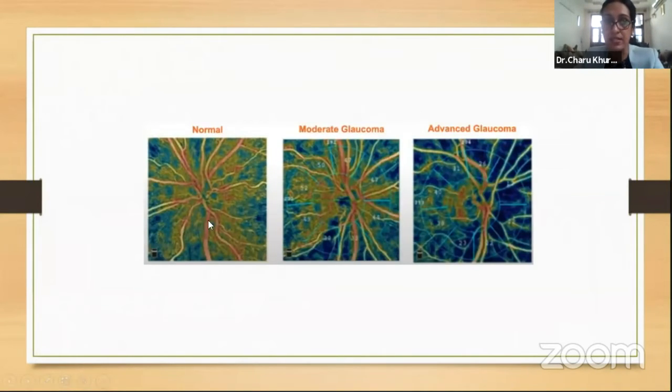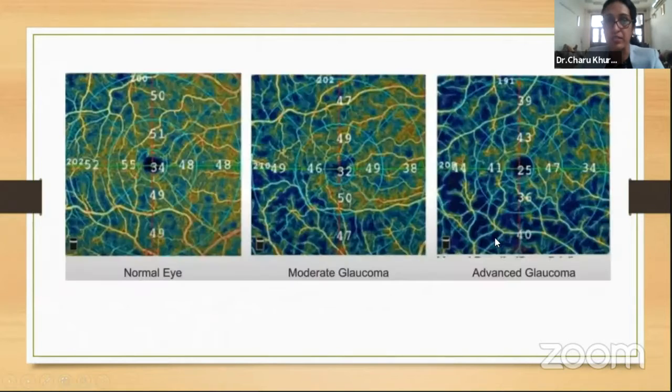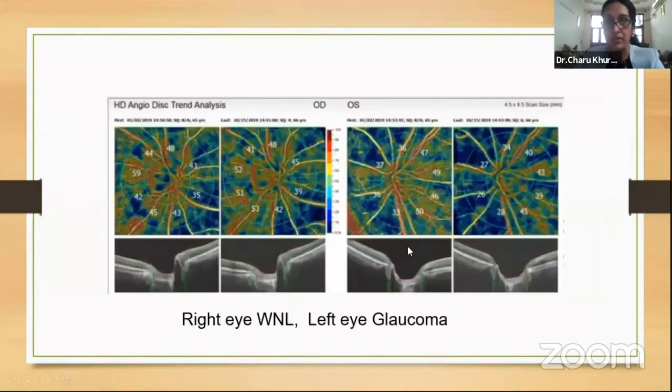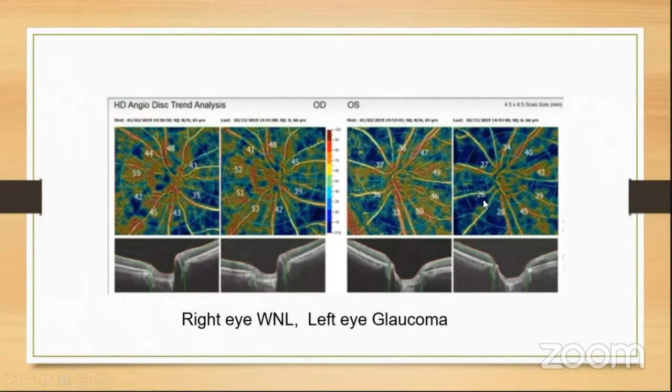Some examples here. So this is a normal peripapillary OCT angiography. And you see in moderate areas, we're seeing areas of loss and microvascular dropout. And this is for the macular area. You can see that in subsequent scans, these darker areas are increasing. Also, you can use it to compare the two eyes. So this patient had a normal right eye and an eye which had early glaucoma, but when we repeated the scan after 1 year, the areas of microvascular dropout were even more.